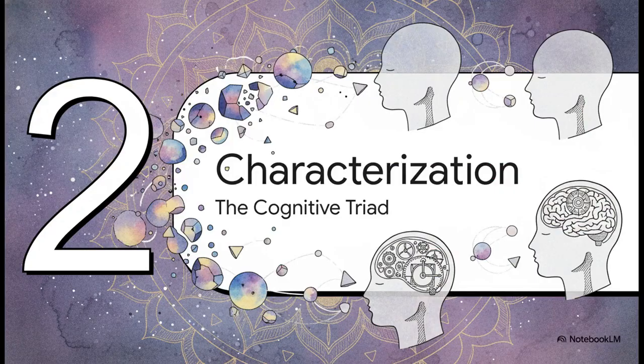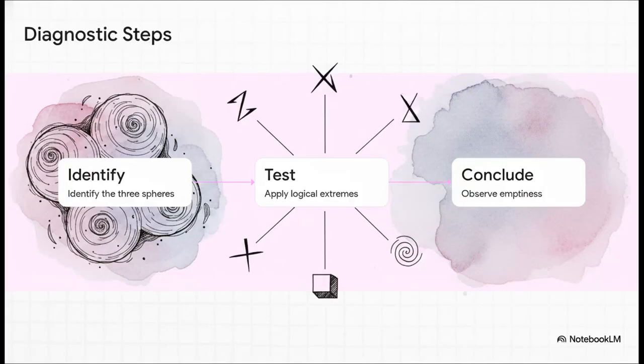Let's move on to Part 2, the triad of characterization. You know, whenever the human mind tries to comprehend any action or state, it just naturally chops it up into little pieces. Applying our standard diagnostic, we're going to start with the first 3 deconstructive steps of our 11-step process.